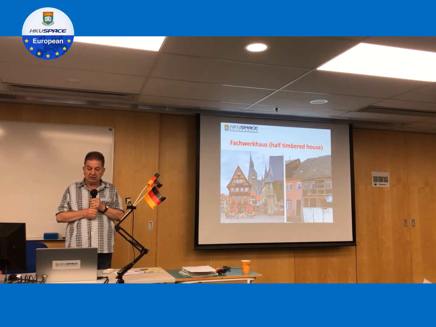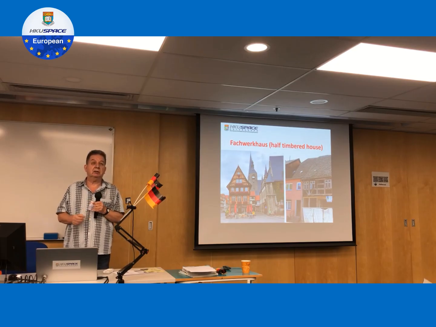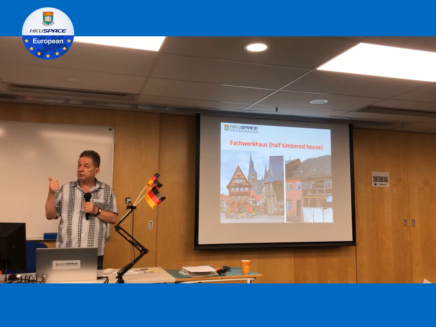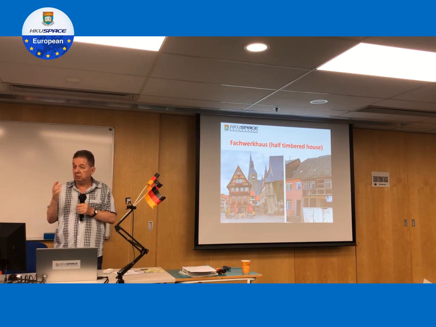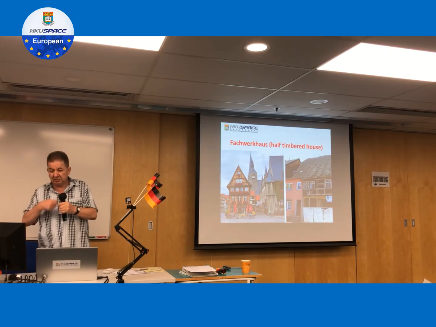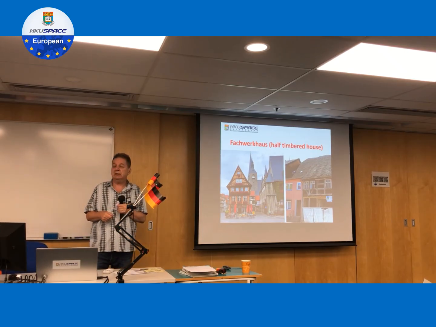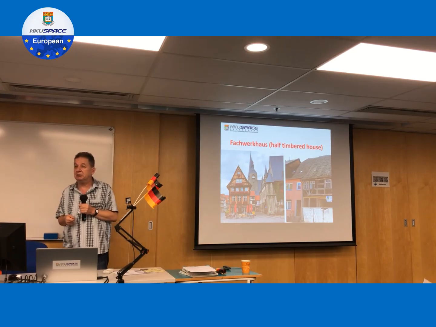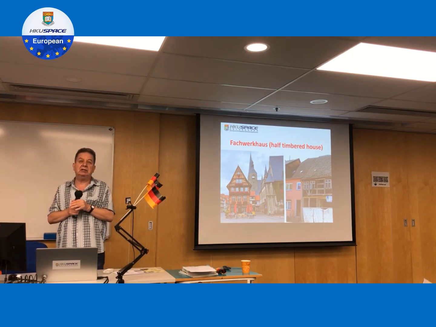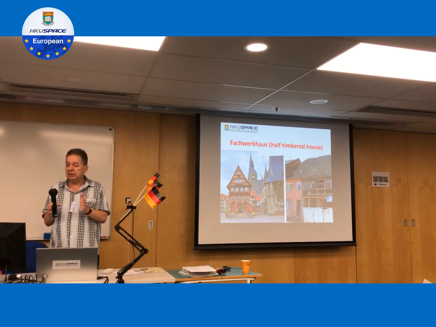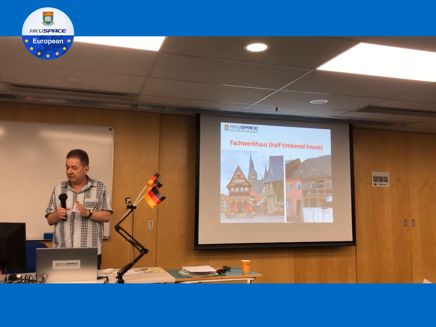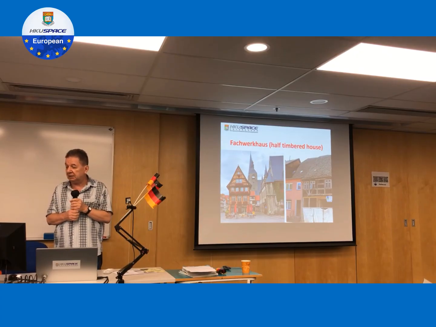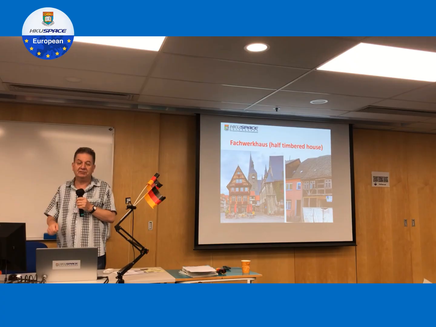How do you make a house like this? First you build the wooden structure, and then you have a mixture of clay and straw. You cut the straw, mix it with the clay, mix it with water, and then you step on it. The whole village or all the relatives would help to mix it, and then you put it into the open parts of the structure, and press it from both sides and let it dry. And then, of course, you paint it somehow, and then you have a nice house.